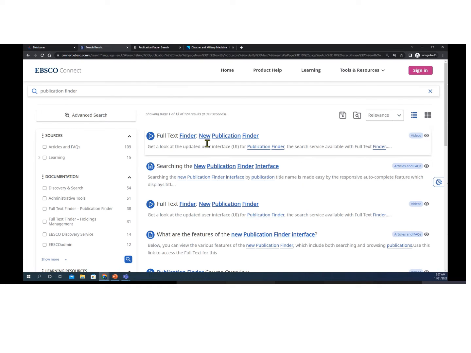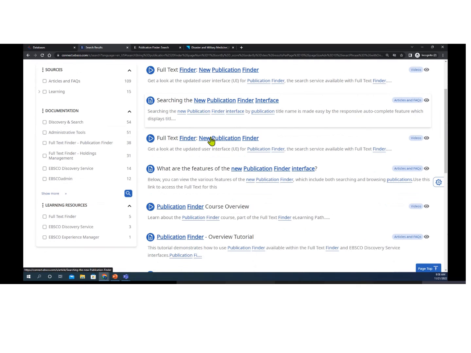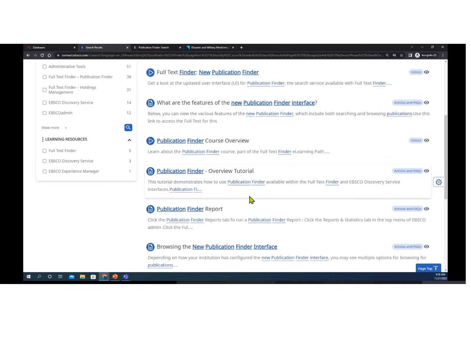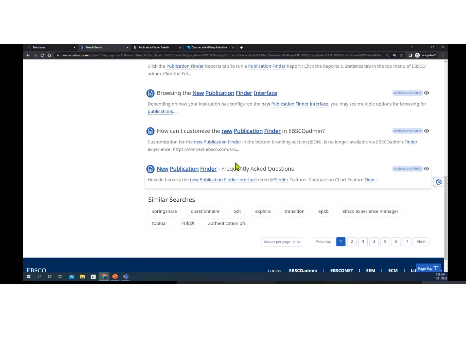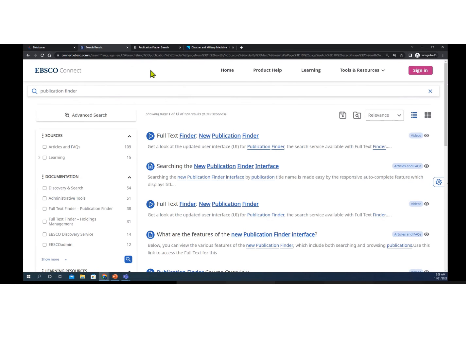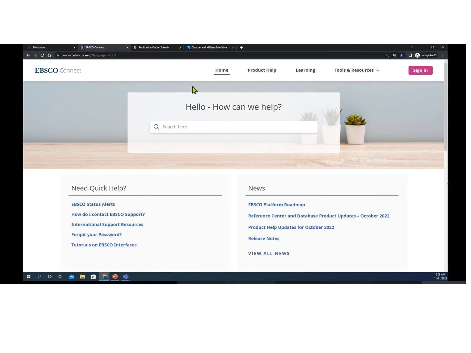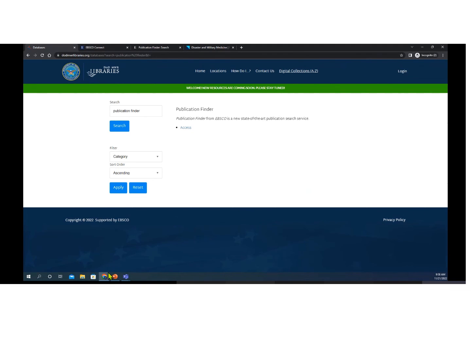So here you can access the new Publication Finder. There's a video that you can view to reorient yourself with the features and functionality of Publication Finder. We have an article on searching, so it walks through the different search modes, browsing modes for Publication Finder. We have a tutorial. We have the additional option to learn about running reports on Publication Finder, how to customize it, frequently asked questions, and so forth. All available on Connect. All right, so with that, that brings us to the end of our session on Explora Primary on Publication Finder,